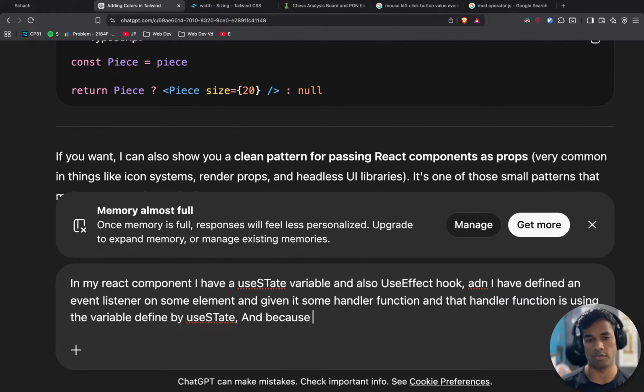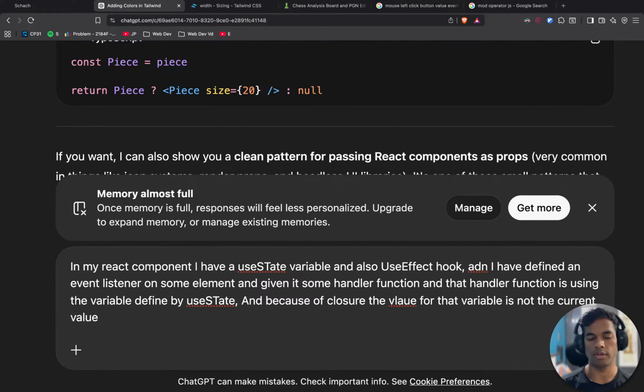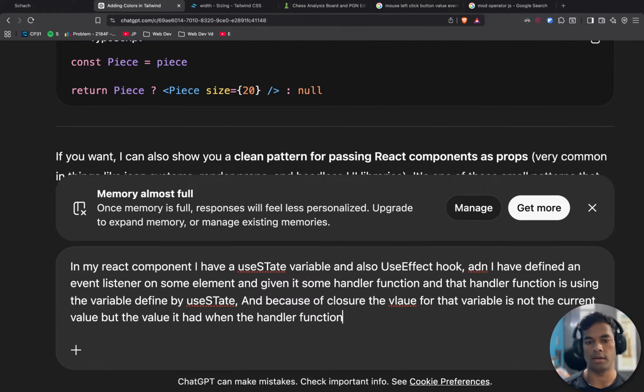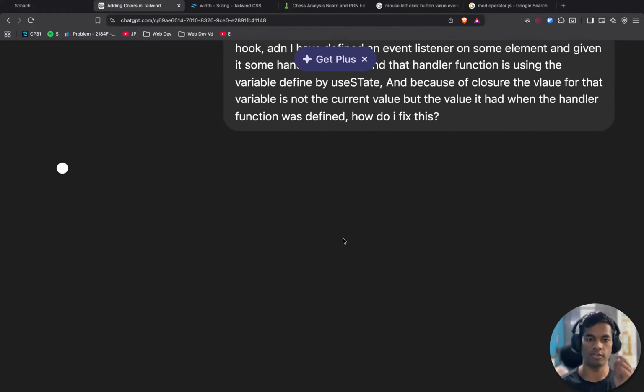And because of closure, the value for that variable is not the current value, but the value it had when the handler function was defined. How do I fix this?